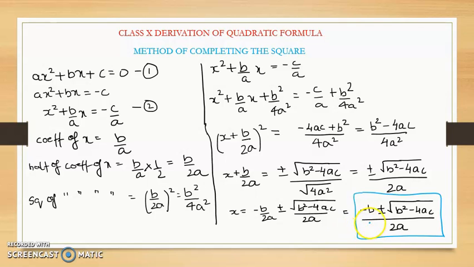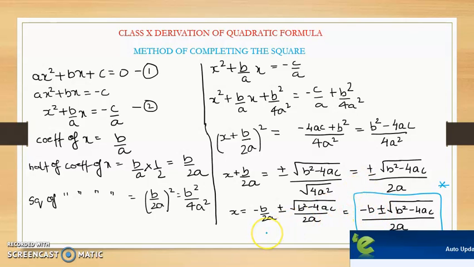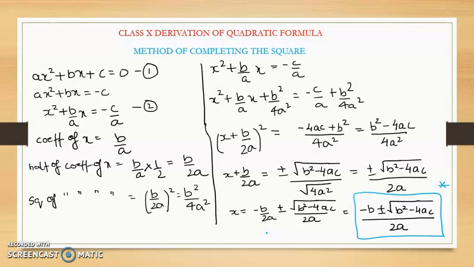But what is the quadratic formula? This quadratic formula you should remember by heart. It is very important because this is what we will be using in the questions. So x is equal to minus b plus minus under root b square minus 4ac upon 2a. Are you following, students? So this is your quadratic formula. Using this only we will solve questions. Alright.